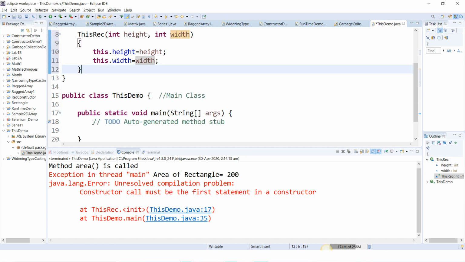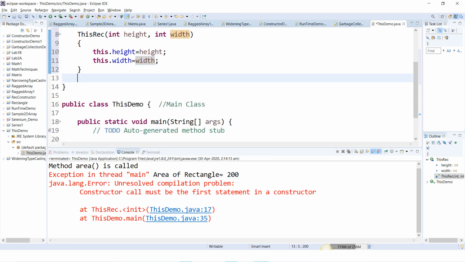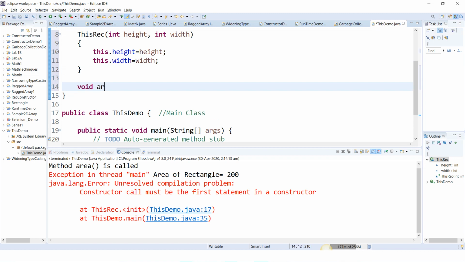And then we will create a method, void area.